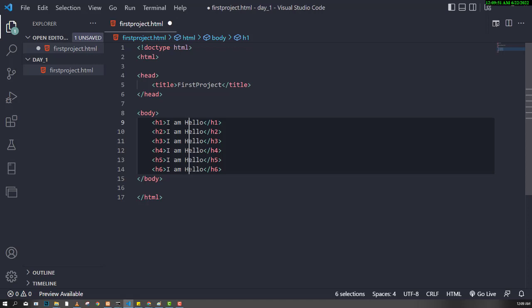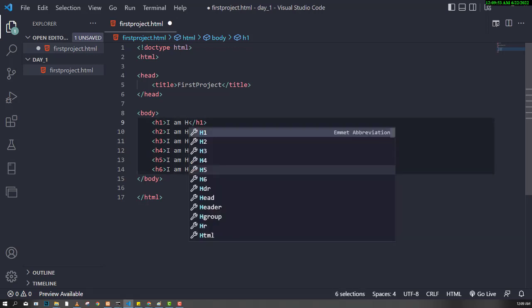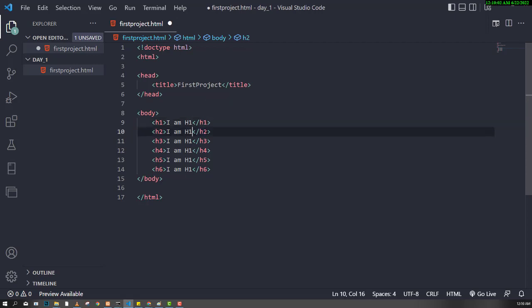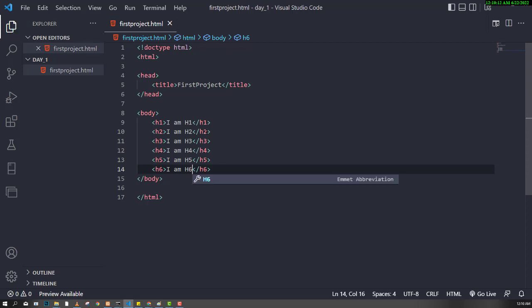hello, I am H1, right? We want to have H1, so let's move upwards, right? Sorry, we want to make this one H2, we want to make this H3, I want to make this H4, H5, H6. So we are having I am H1, I am H2, I am H3, I am H4, H5, and H6, so that they can all tell us that they are not lying, but they're actually showing us the truth,